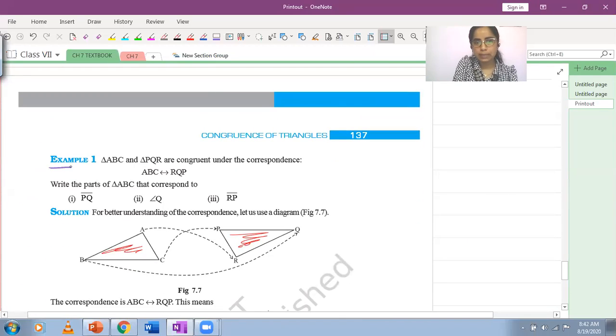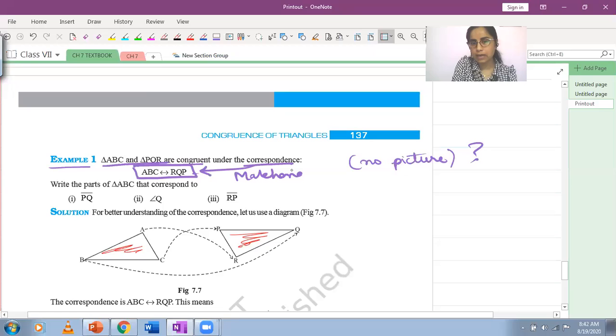Now look here, in example number 1 they are saying that triangle ABC and PQR are congruent. There are two triangles which are congruent, but we don't have a picture. They have drawn a diagram, but what will we do? We will identify the matching parts with the help of these names, with the help of correspondence. Correspondence means if the two triangles were matched with each other, this is how they match. Observe very carefully. ABC matches with